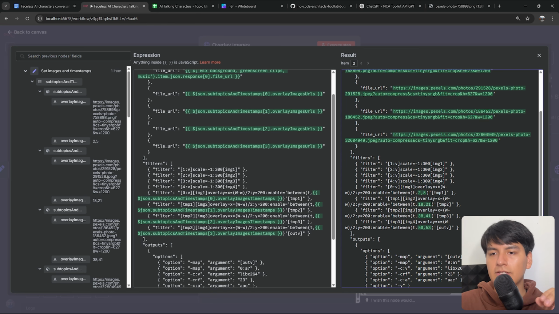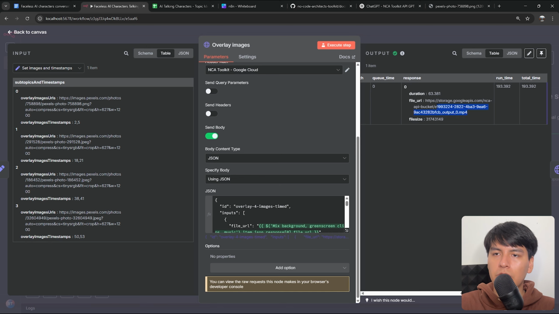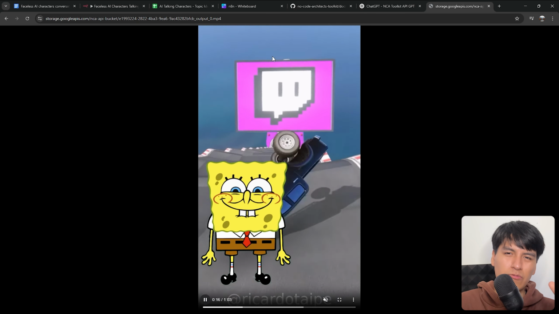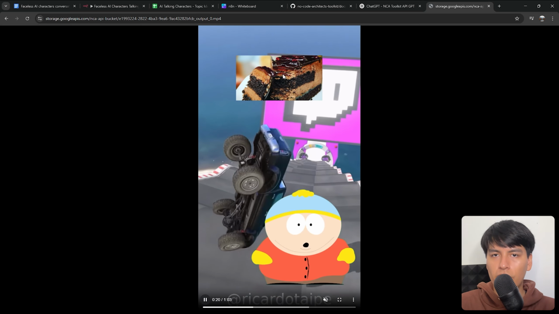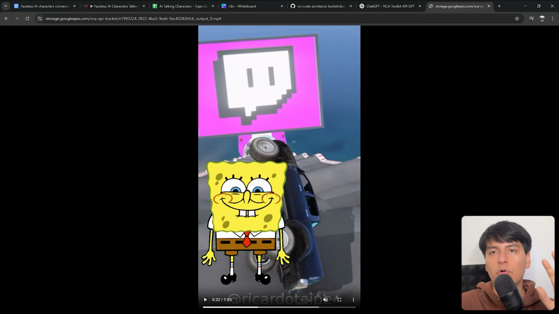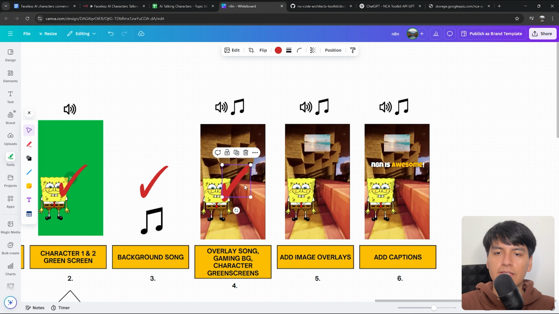And as you can see, these steps will look something like this. So since they're separated in commas, then they're properly formatted. And that's just how we wanted it to look. So then once you run this whole node, then all of the images would get overlaid. So as you can see right here, it's talking about the wedding cake. So now it overlaid that cake image. So that's working perfectly for all of the 4 images. And that would be this 5th step completed.